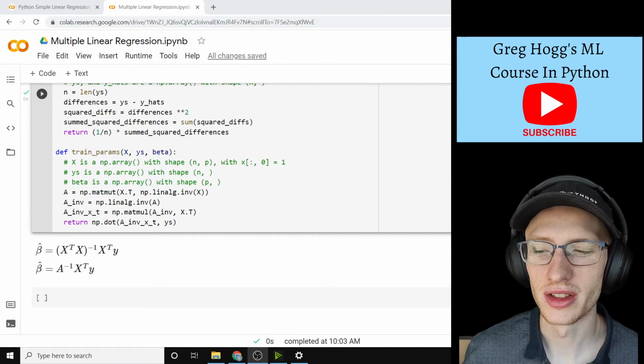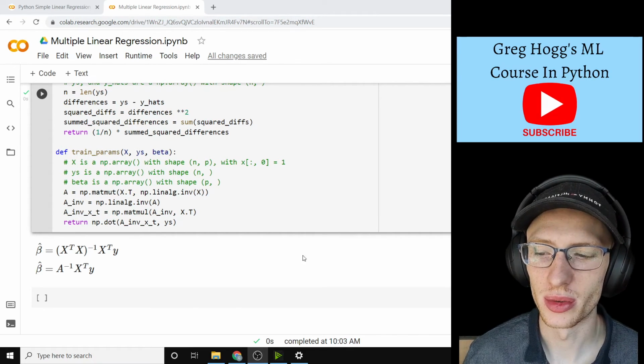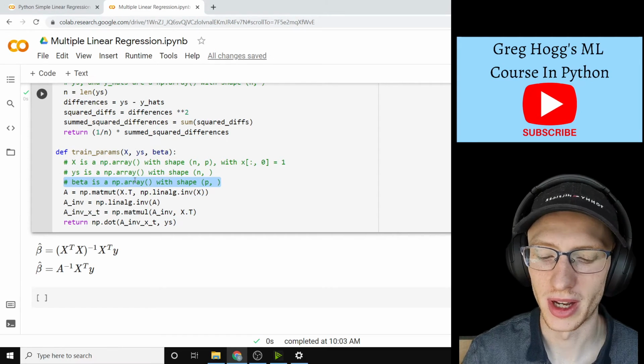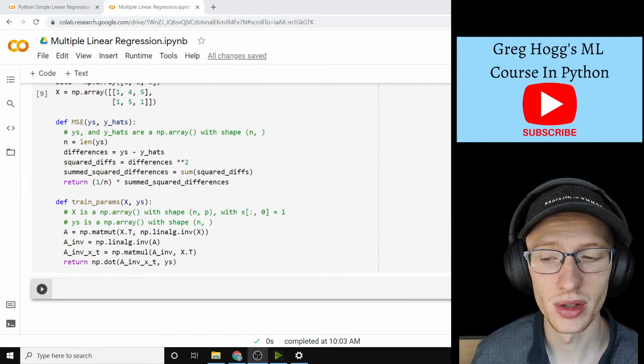I also just realized that since we're not using a dictionary, we really don't need to pass in beta at all. That's an important one, which trains our